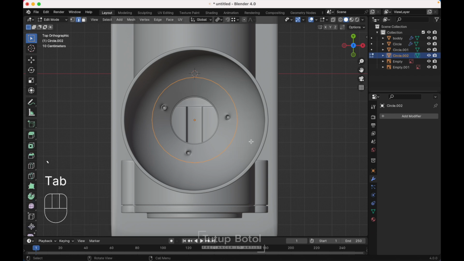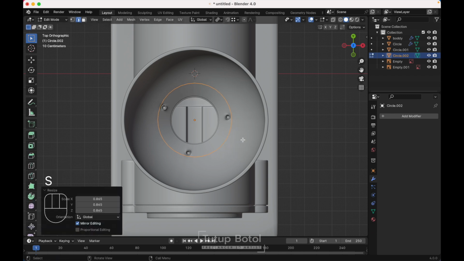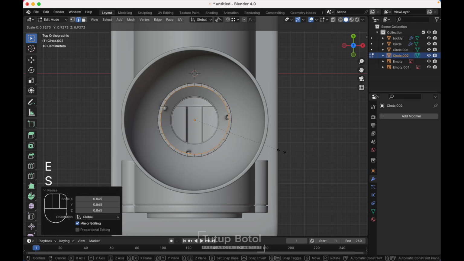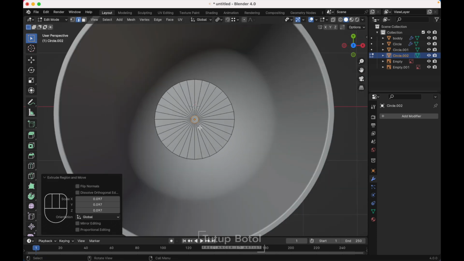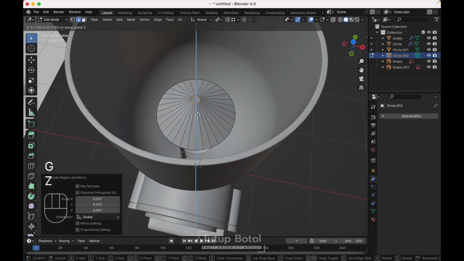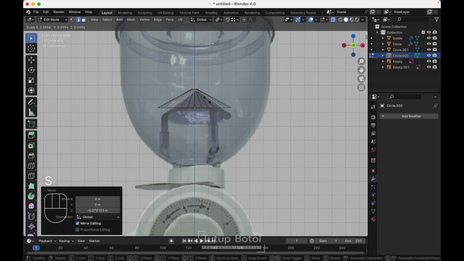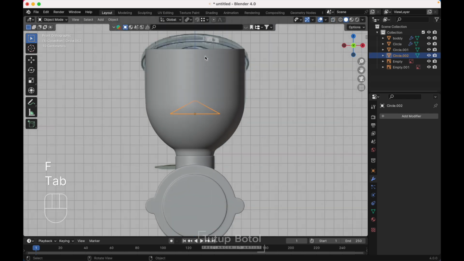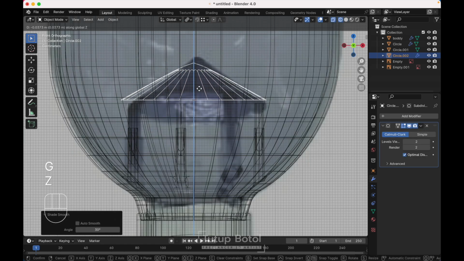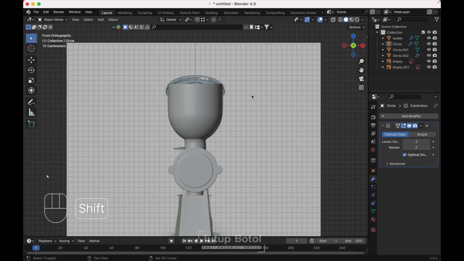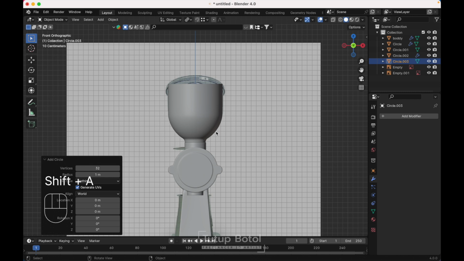Tap to the edit mode, scale it, press E, S, scale it like this, and press G Z, move it up here, go to front view, just move it down a little bit, just like this, scale it again, F to fill, G Z, move it down, go to front view, press Shift A, mesh, add a circle, change the vertices to